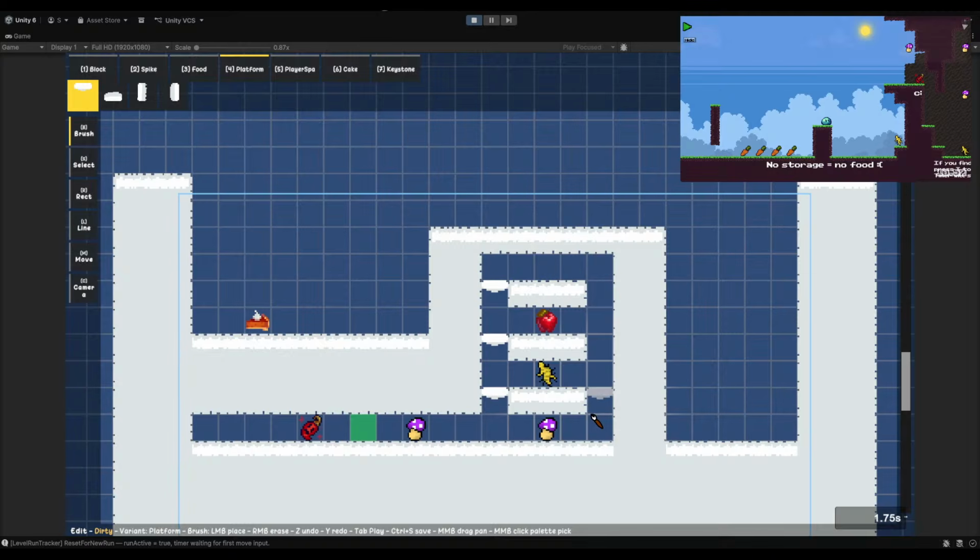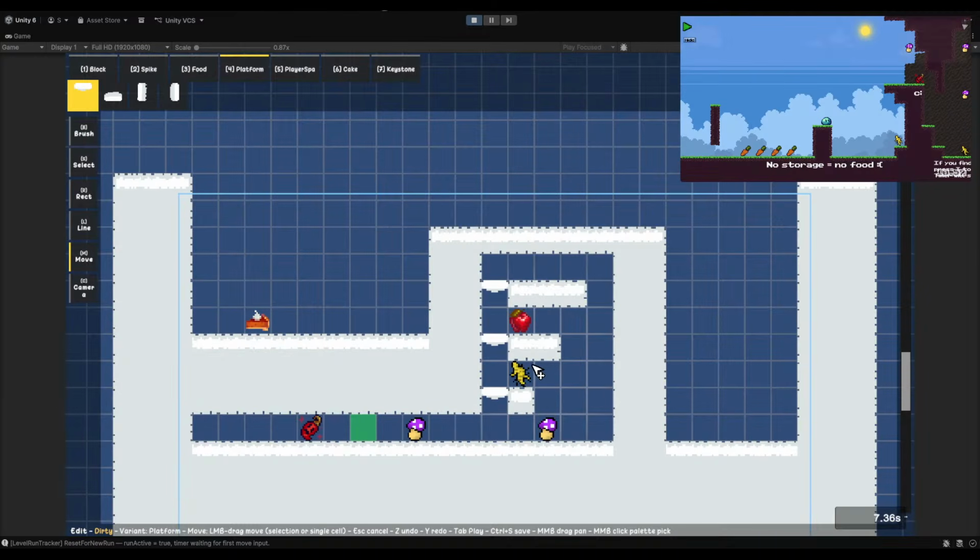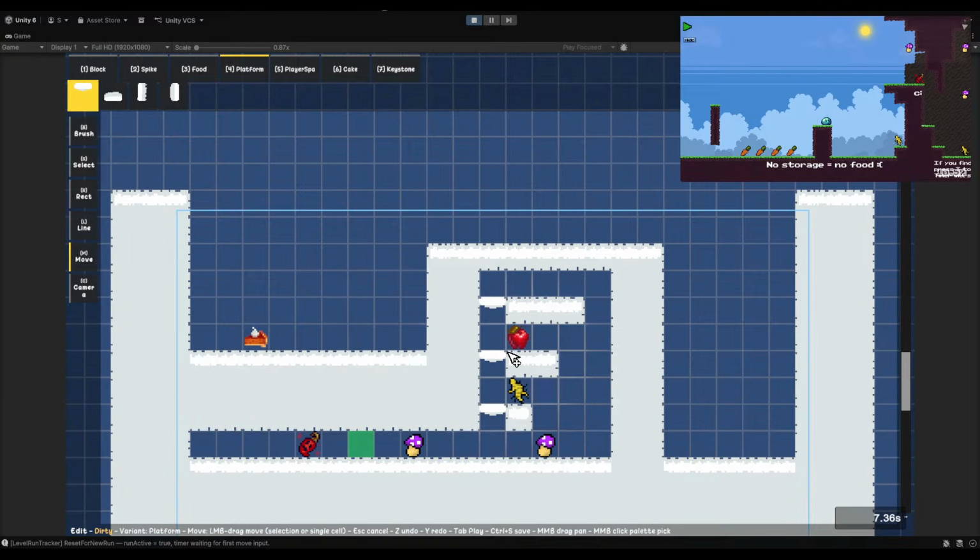And the only thing is right now it is possible for them to... yeah, that feels janky where they can bonk their head like that, but that is intended. We could redesign the level so this is taller actually.